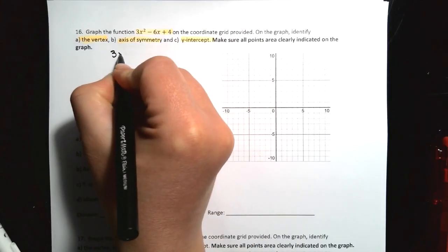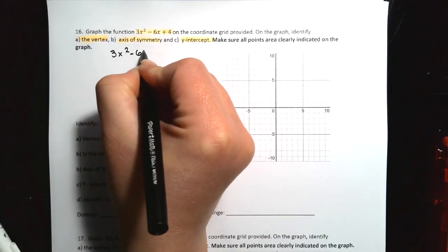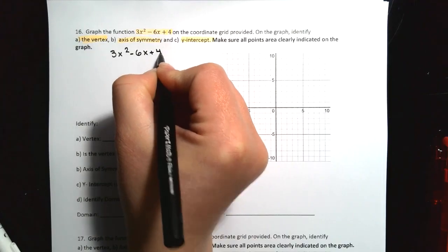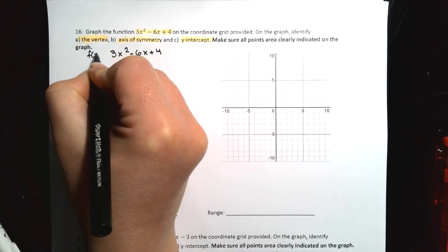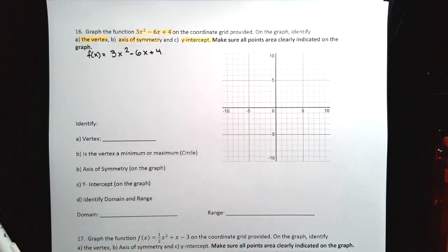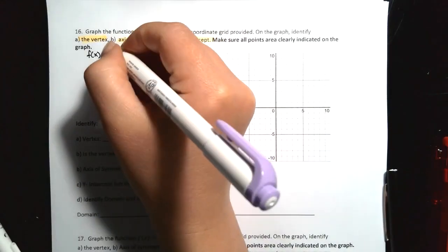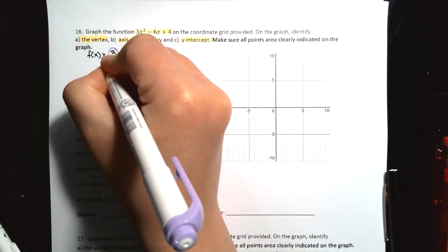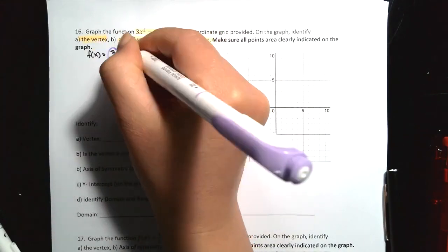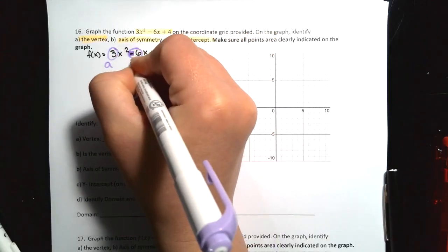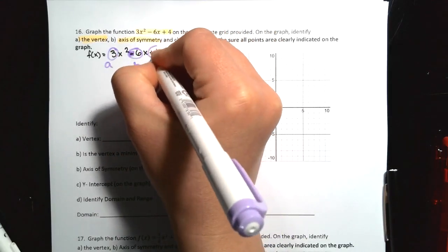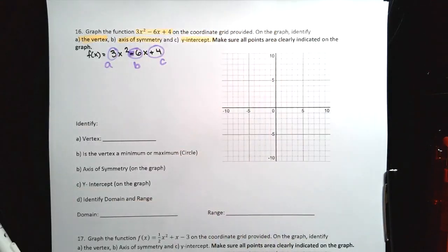We have 3x squared minus 6x plus 4 as our function. Let's start off with standard form. Now, how do we know this is in standard form? Because I do not see parentheses. When you label your ABCs, make sure, like this -6, you take your positives and your negatives. When you label your ABCs, that is because we need to use our